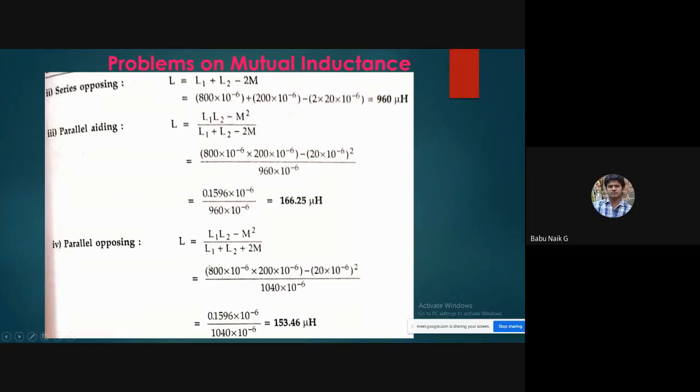There you have two coils, which are the current coil and the pressure coil. In that way, you can connect L1 and L2, and you can calculate whether it is connected series opposing, parallel aiding, or parallel opposing. Depending on this value, we can choose which circuit will give more henry values. This is the advantage of mutual inductance. Further, in any design, like a transformer, generator, or any inductor design, we can use this formation.